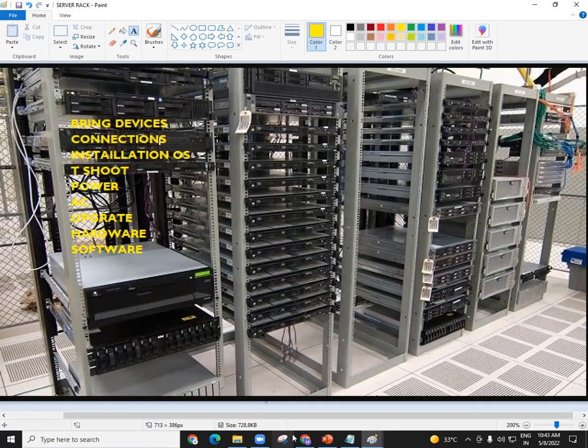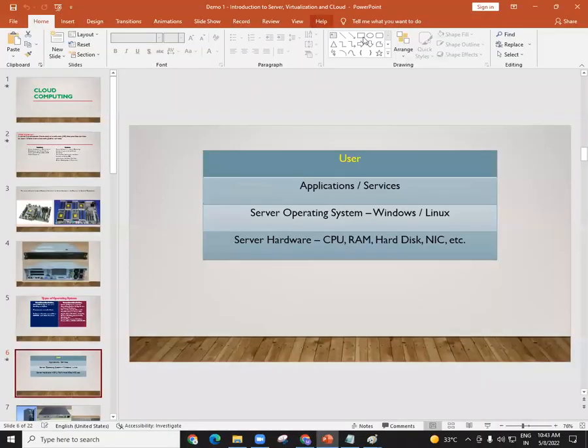You know what these companies are saying? They are saying, listen, why are you taking this much hardware? No need to take this much hardware in your company. Why are you taking so many servers? Why are you taking that many operating systems? Why is there a need for you to have such a big data center? No need to take your hardware, no need to take the server operating system. Amazon, Microsoft, Google, these are cloud providers, and they are saying, instead of taking huge hardware and many server operating systems, you can simply run your applications without taking hardware and without taking the operating system. That sounds very good, right?